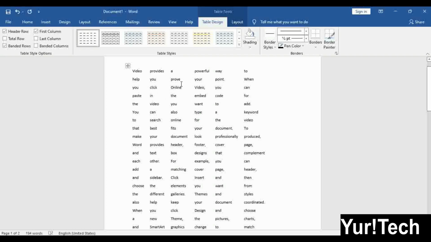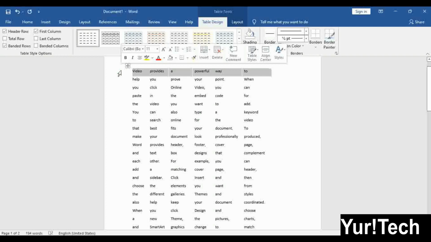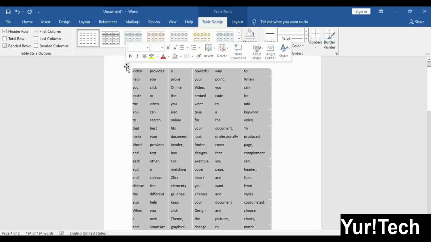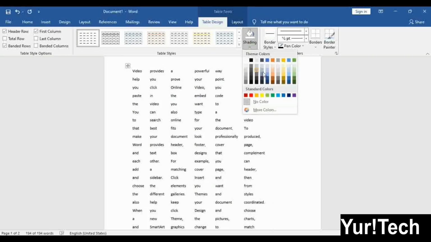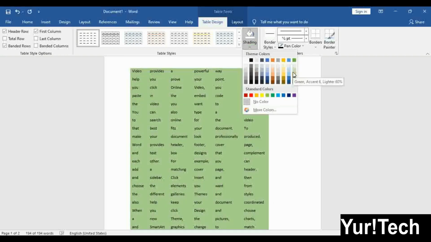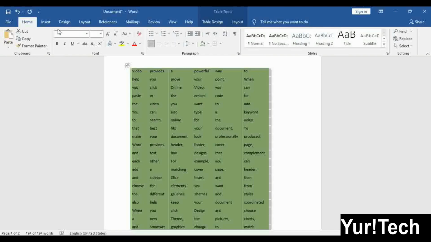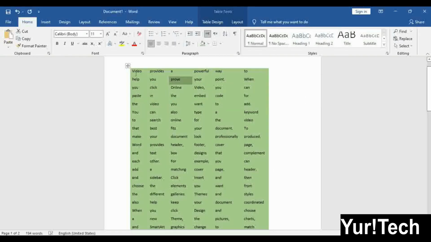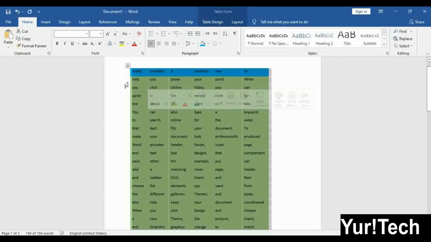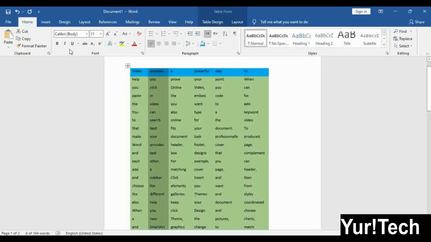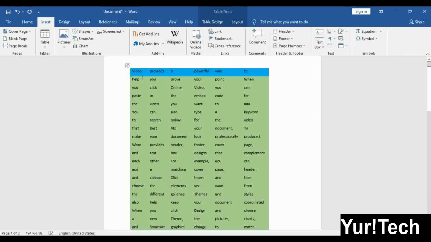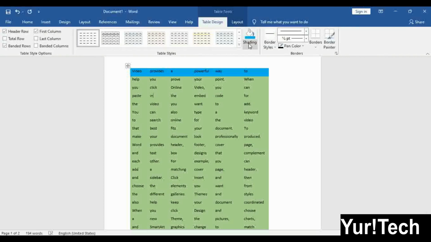If you want your own color in the entire table, select the entire table. Then here is the shading option. This shading works the same as the shading in the Home menu. There is no difference between this shading and the one here in Table Design.